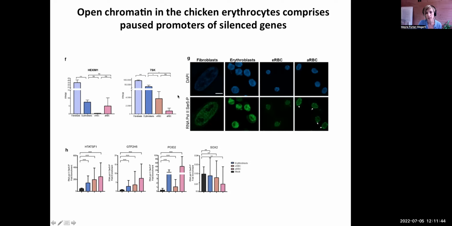And what we could see, first of all, is that when looking at RNA Pol II phosphorylated in serine 5, there is still quite a lot of signal in both the embryonic and the adult red blood cells. And very interestingly, in the adult red blood cells, the disposition of the Pol II corresponds to the signal of the ATAC-seq, suggesting that those peaks are indeed occupied by the